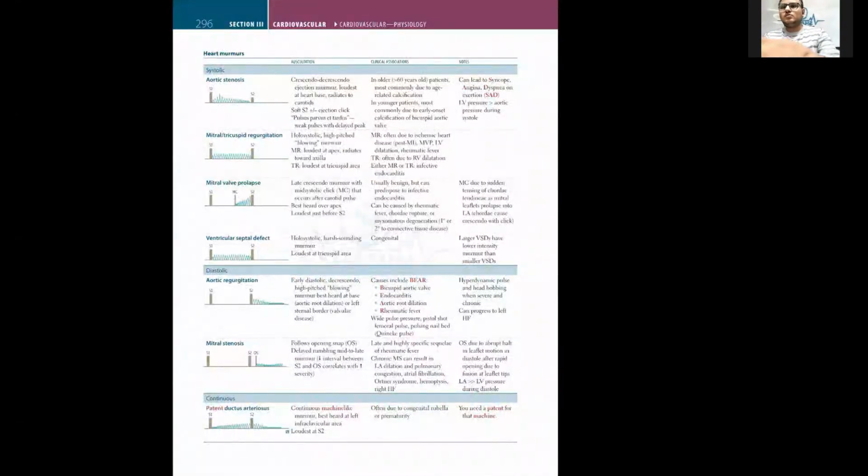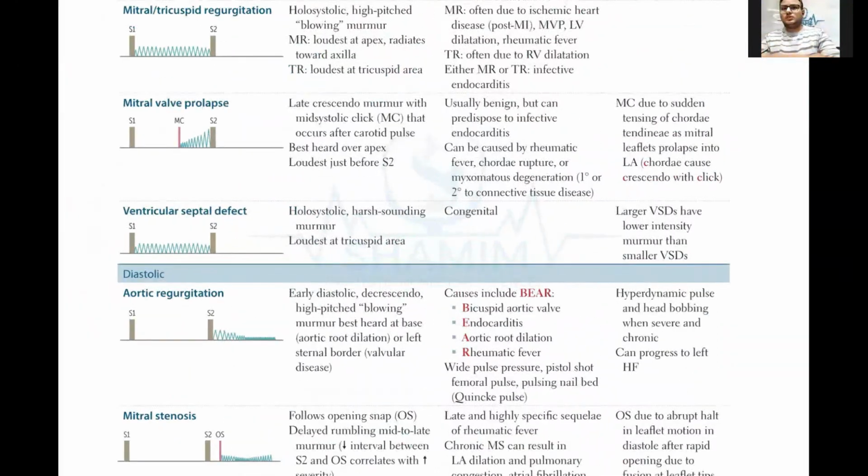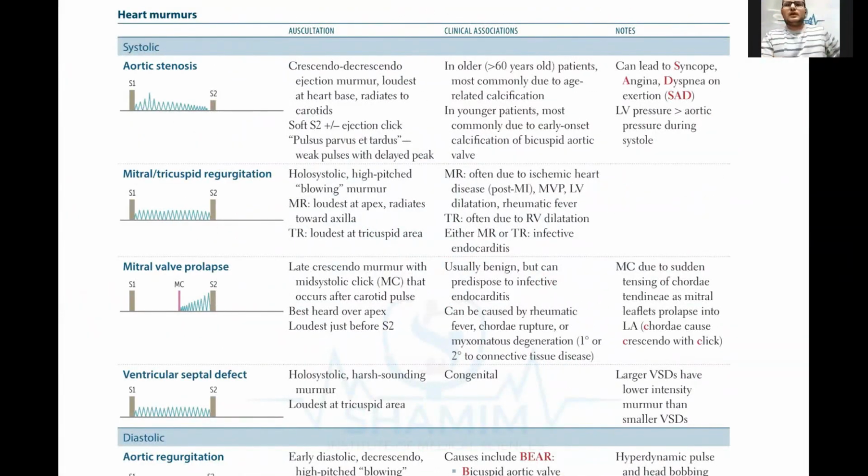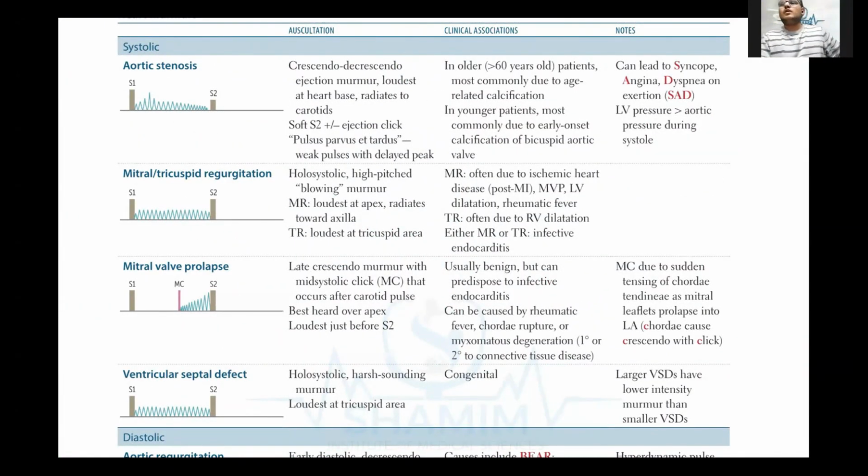बस आपको सिस्टोलिक, डायस्टोलिक और हालो सिस्टोलिक का वर्ड समझ आ जाना चाहिए। एंड नेक्स्ट वी आर गोइंग टू डिस्कस एआर्टिक स्टेनोसिस। एआर्टिक स्टेनोसिस में हमारे पास क्लासिकली जो वर्ड इस्तेमाल होता है क्रिसेंडो डेक्रिसेंडो, ये क्या होता है? आप इस डायग्राम में देखें मैंने जो ड्रा किया है, दिस इज क्रिसेंडो डेक्रिसेंडो। क्रिसेंडो का मतलब होता है अपवर्ड जाना, डेक्रिसेंडो का मतलब डाउनवर्ड आना। दिस इज कॉल्ड क्रिसेंडो डेक्रिसेंडो मर्मर, ठीक है। डायमंड शेप्स ही कहते हैं इसको,